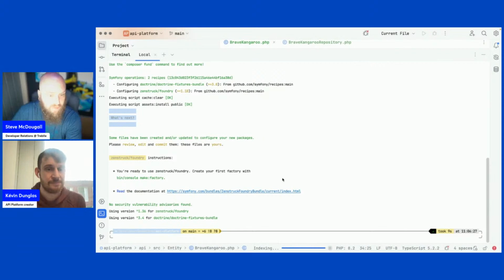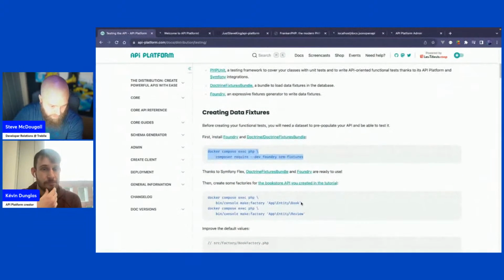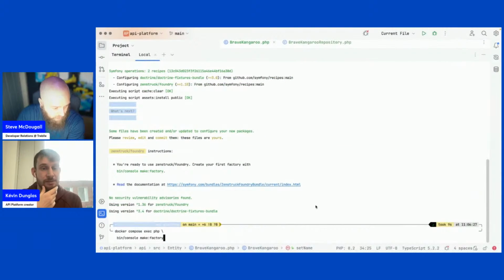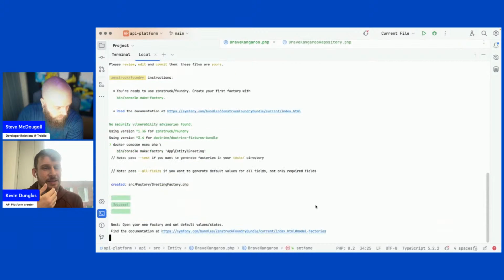Perfect. So I've done that first command. Then I need to make a factory for a specific entity. So we are going to go for app entities, or entity, sorry. And then we're going to go for greeting.